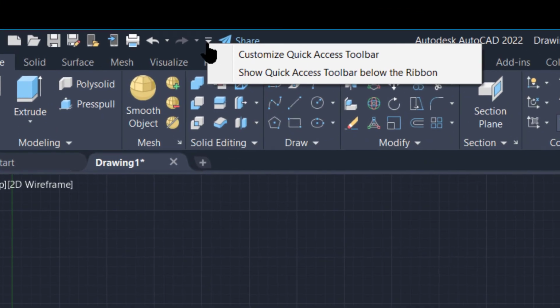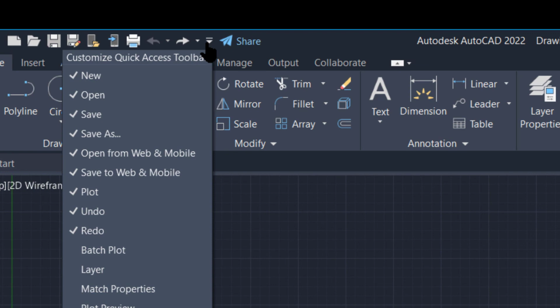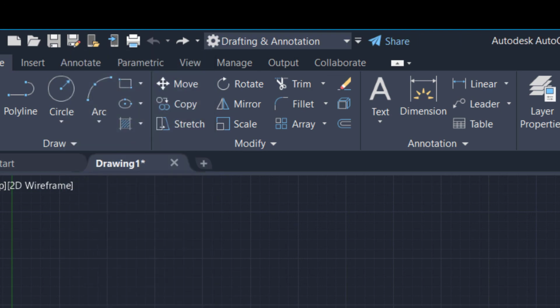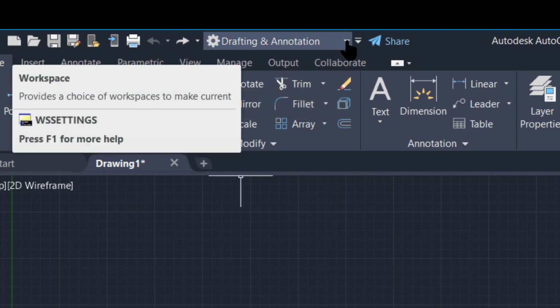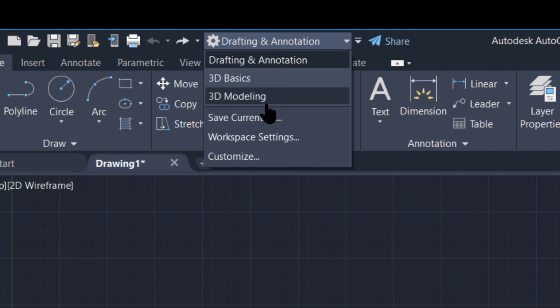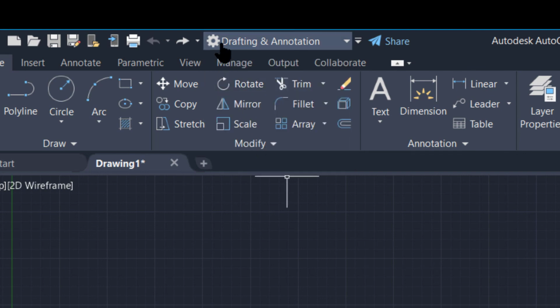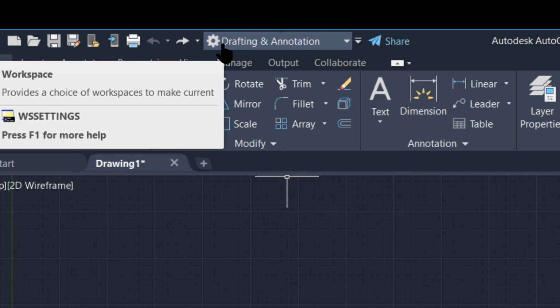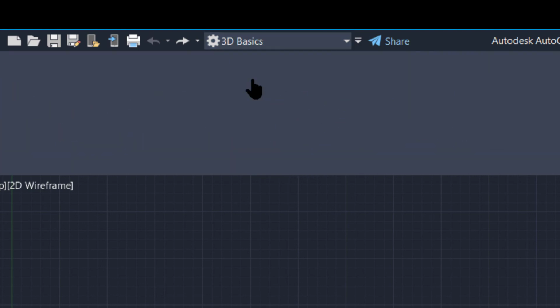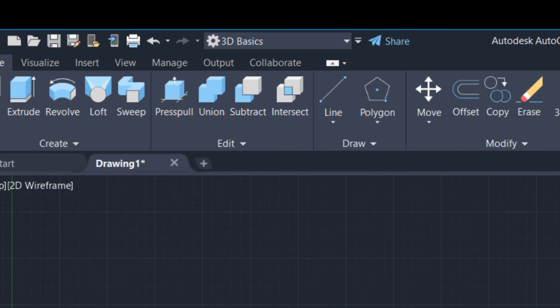One more option of switching workspace: basically some buttons are hidden here. You can choose workspace from here. If workspace is on, then the drafting and annotation workspace switching is available at the top also. It means AutoCAD provides you the same thing at different places. If you turn on the workspace, at the top side you can switch to different workspaces from here also. You can switch different workspaces from the bottom side also,